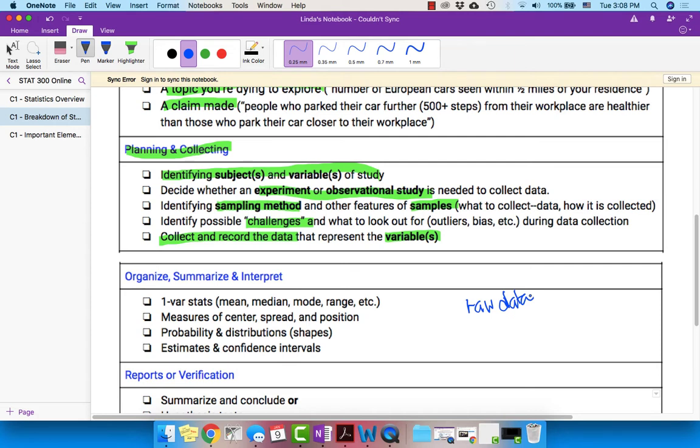Once you have the raw data, then you organize, summarize, and interpret it. This part is half of what statistics is about. You perform one-variable statistics, where you will learn the mean, median, mode, range, etc. Then determine the measures of center, spread, and position. And sometimes compute the probability and distribution or shapes, and perhaps proceed to estimate and make predictions